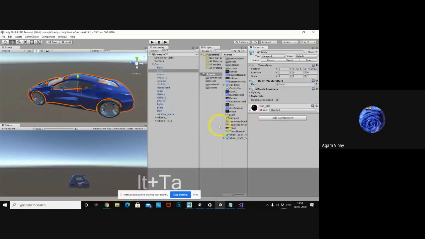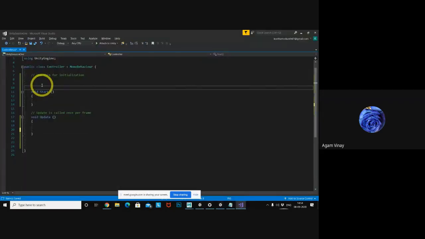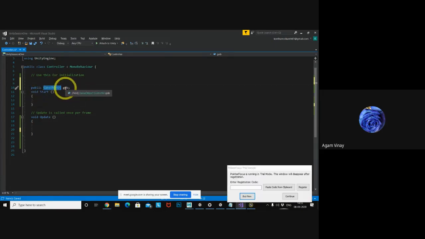Okay, so what will I do? First I will access the game object. Which game object? The body game object, so that I can touch the body, right? So I will take the game object. What I told you, everything in Unity is called a game object. So this game object is named GOB, right?